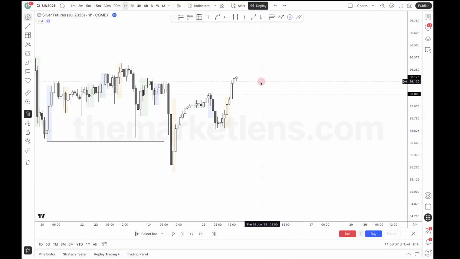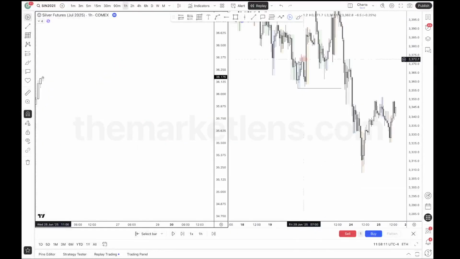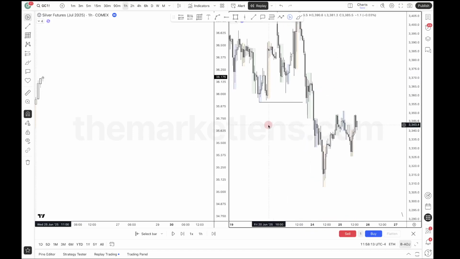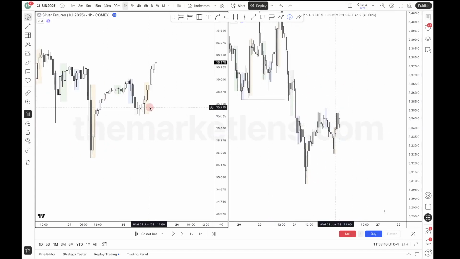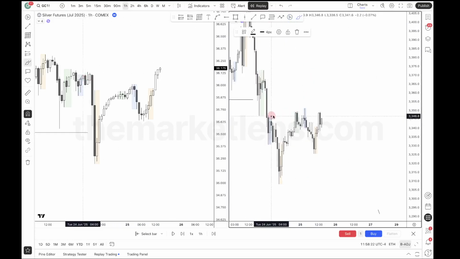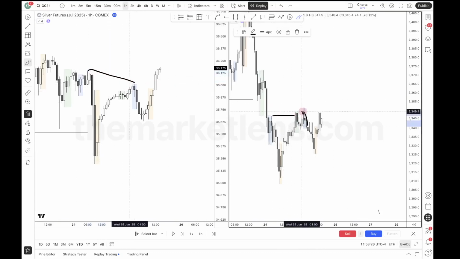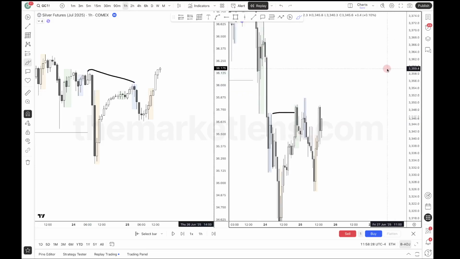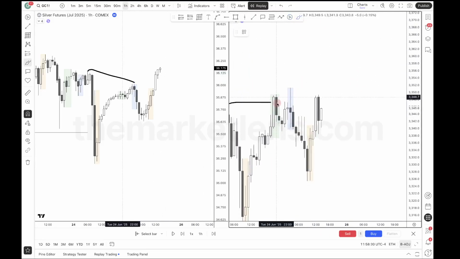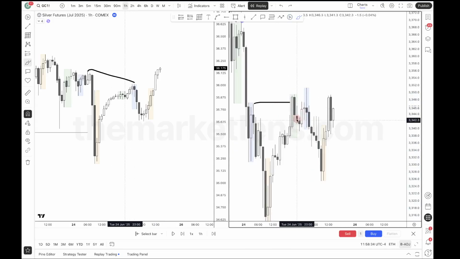This is strength switch SMT because when I look at gold here, notice, look at the previous day, look at London highs. We traded into it on gold, but not on silver. So right now you have an SMT here. This asset really didn't manipulate it. I don't view this as a manipulation because if there's going to be a manipulation, I want as soon as we trade into this high to reverse like this, but it did not do that. More so just consolidated. And then I'm viewing this as a retracement.